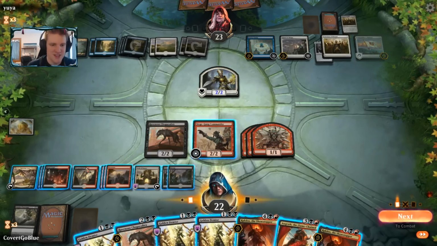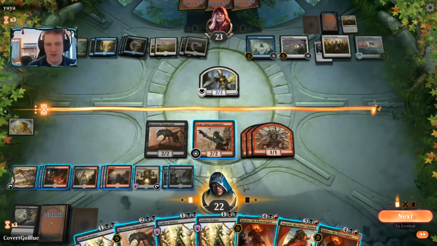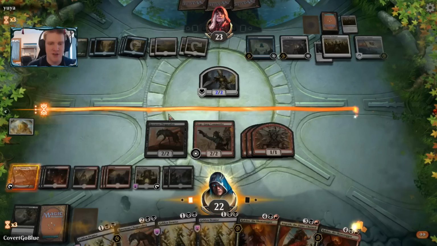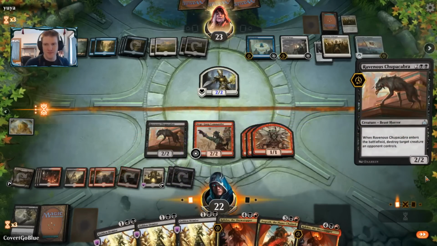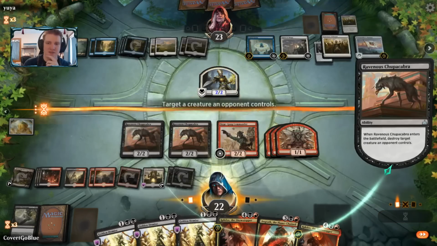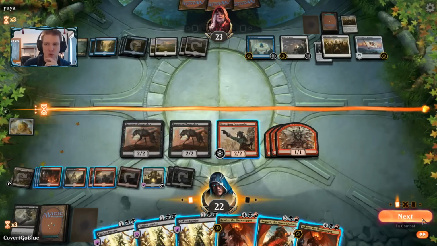Okay. Let's try it for a Chupacabra thingy. Why not? See if we can get the opponent to take some actions. Some game actions with our plays. We have to be wary of